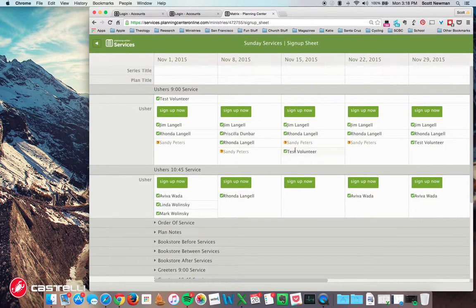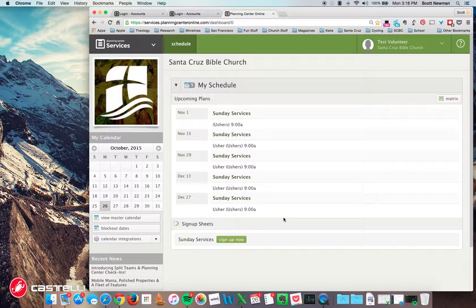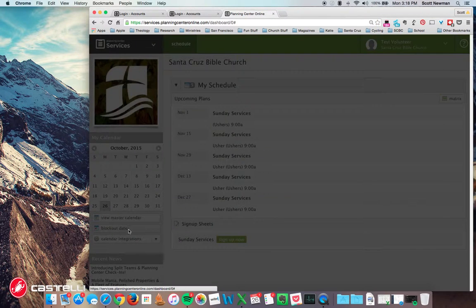One last thing I want to show you is blockout dates. Some of you have asked us about what to do if you know that you're not available for a particular date to serve. You can communicate that directly with your team lead so that they know that as they're setting up the schedule. But what's also nice is you can go into the system and schedule blockout dates.